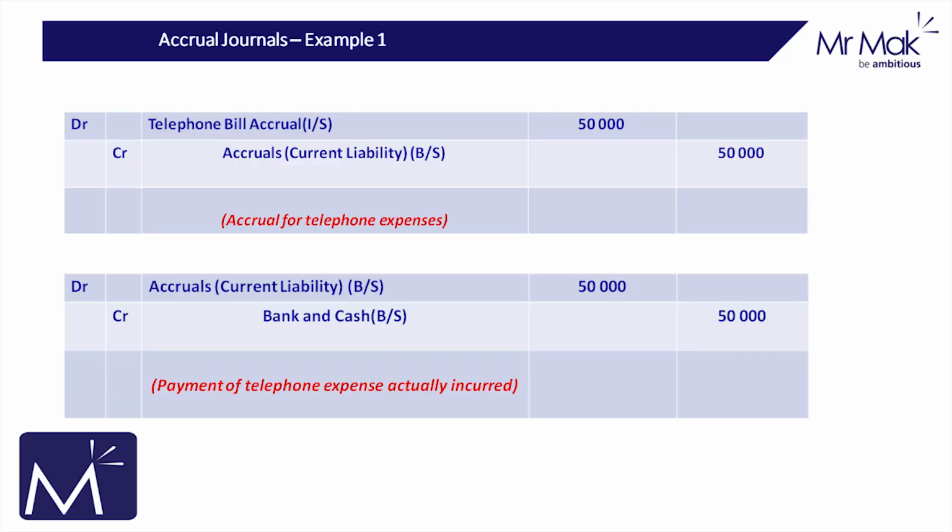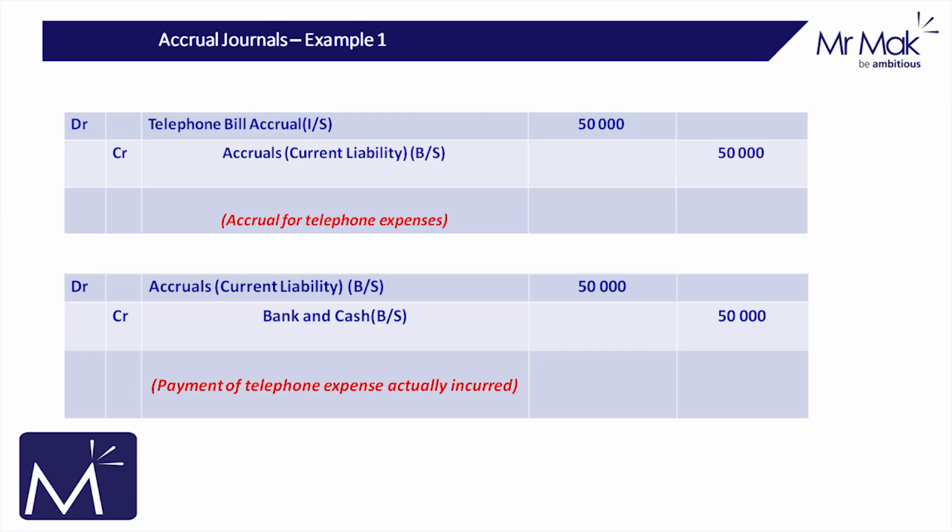It would be a debit, let's call it telephone bill accrual, and that's an expense in the income statement of $50,000, and then there would be a credit for accruals in the balance sheet, almost like a current liability of $50,000 as well. If you had to see the journal reflected in the T account and GL, you'd see a debit of $50,000 on the expenses or telephone bill T account and a credit of $50,000 in the accruals or